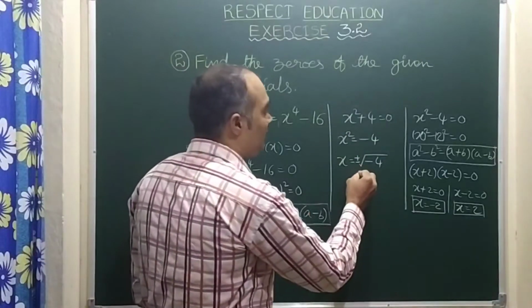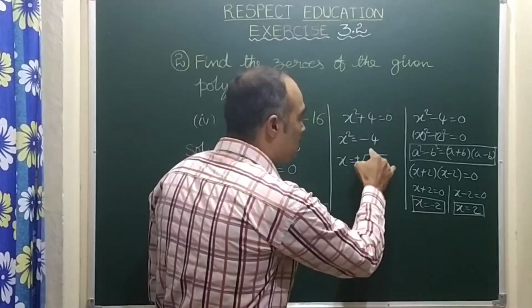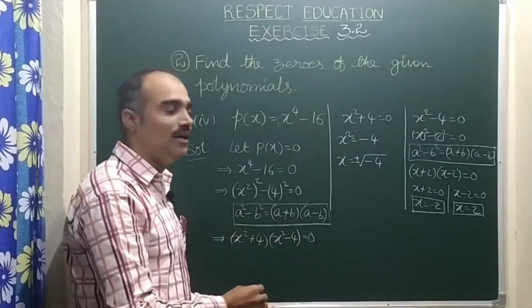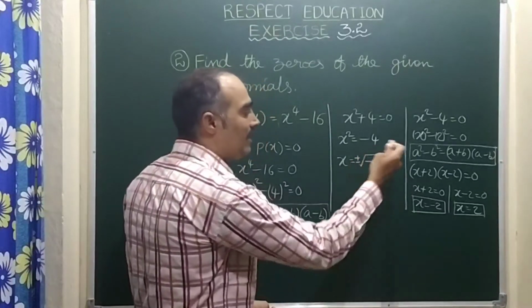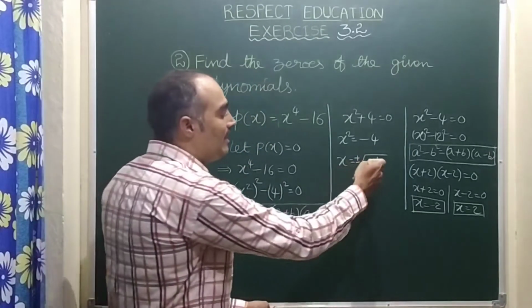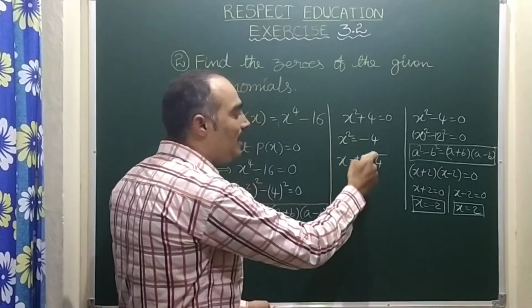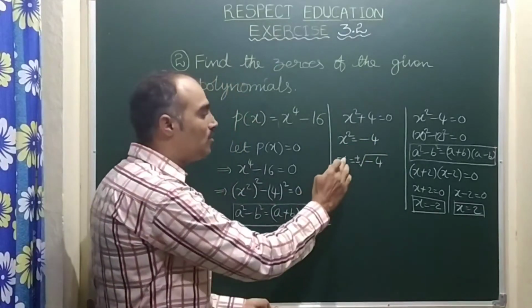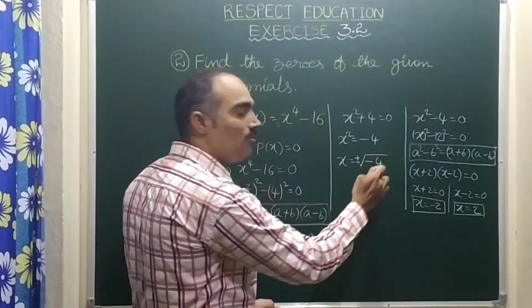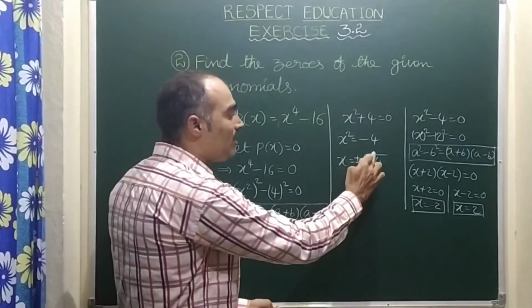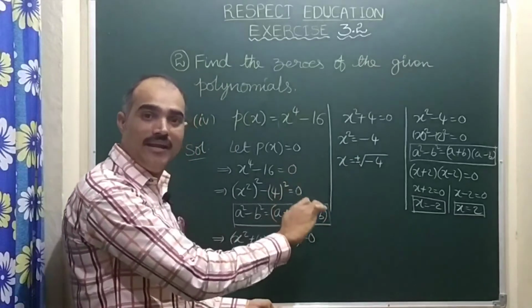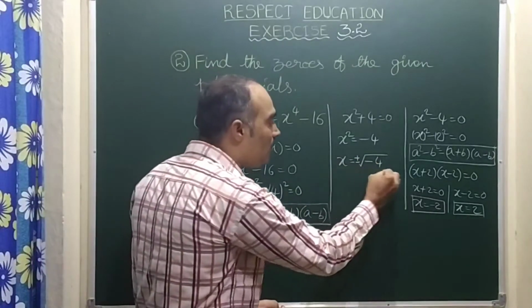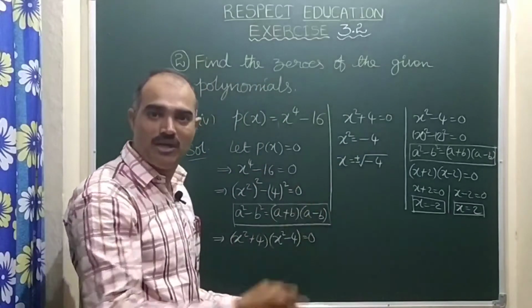Here you can ask me, sir, for square root of minus 4 there is no root, means it does not exist, there is no value. But in higher class, children, when you go to higher class, this concept will be learnt by you. This is nothing but here two roots are there. Root 4 is how much? 2. Minus 1 also has some square root, that is i. These roots are called complex numbers, that is beyond your subject, beyond your syllabus.